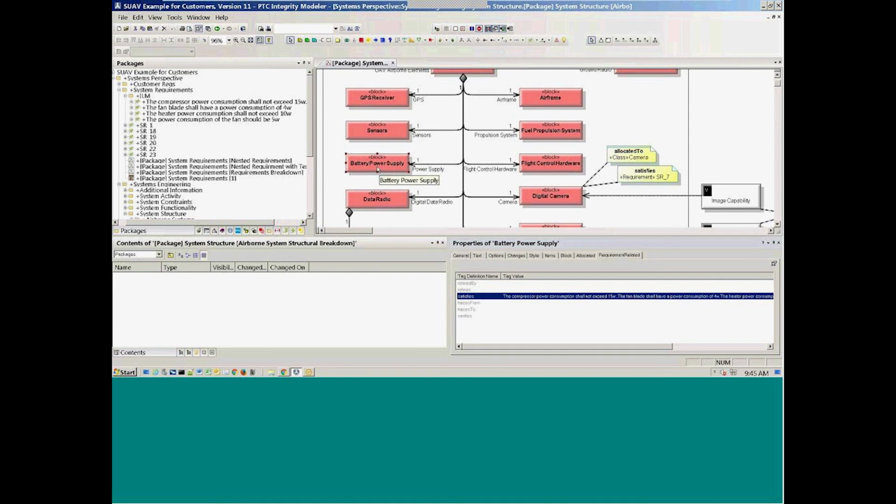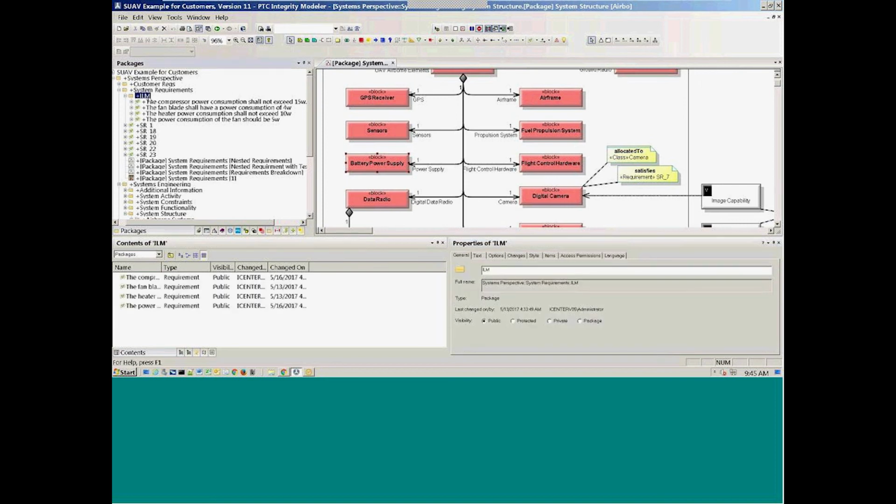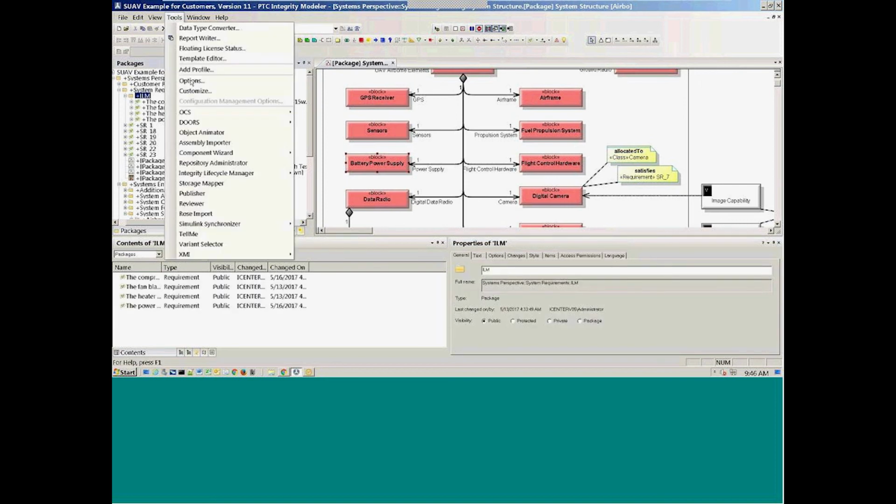And again, this will only be a very brief overview of modeling within Integrity Modeler. If it is of interest to you, please just get in touch and we can arrange more information. So I'll just conclude by